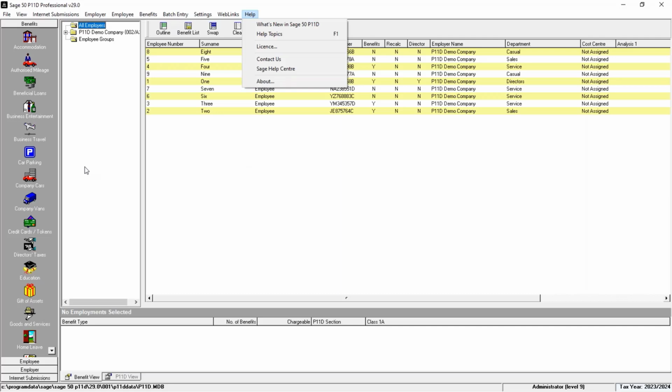Our second step is to make a note of our data location. A couple of places you can find this. One place is at the bottom left corner of the screen, just here. It'll show your data path. So in my example, it's actually the default data location. It's on my C drive, program data /sage/sage50 P11D. So I could write down that full path, as I would need to browse to that to transfer